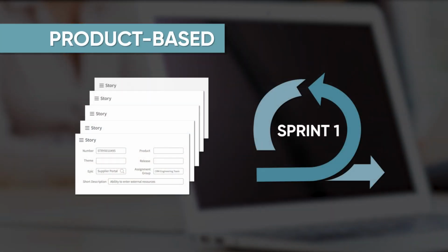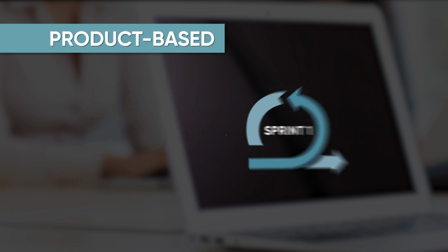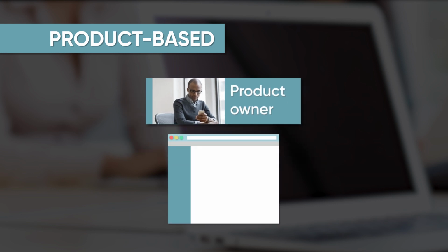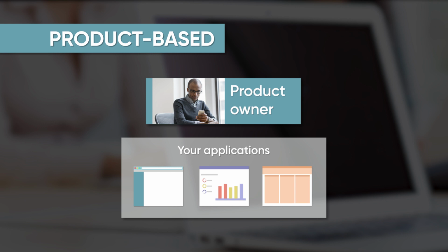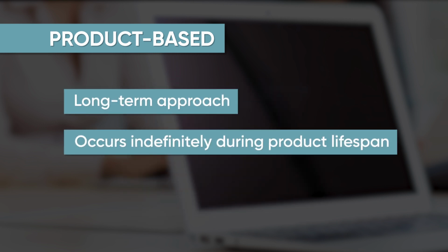One is product-based efforts, where stories, sprints, and other Agile activities are tied to a specific product led by a product owner. The product can be a complete application, or it can be a component of a larger product. It's a long-term approach. Agile development takes place indefinitely over the lifespan of the product rather than for a specific